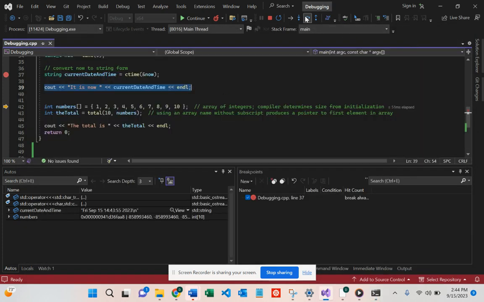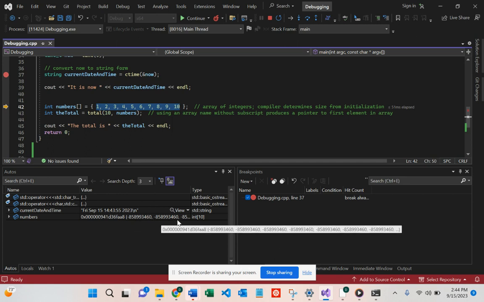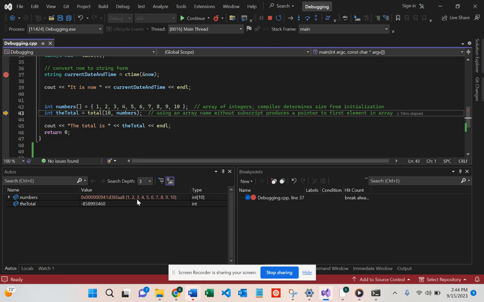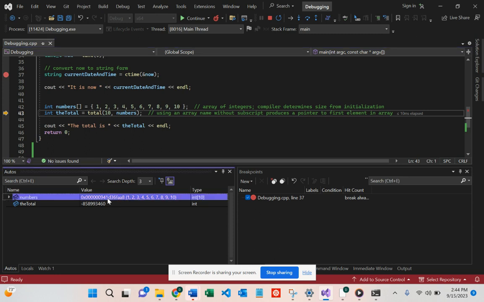If we step over again, this line here is creating the numbers array, but you can see that the numbers are not actually set to what's in the array here. They're just random numbers currently. After we step over that, we can now see that the array at this memory address is given these values from 1 to 10. Now we're going to step into the function,